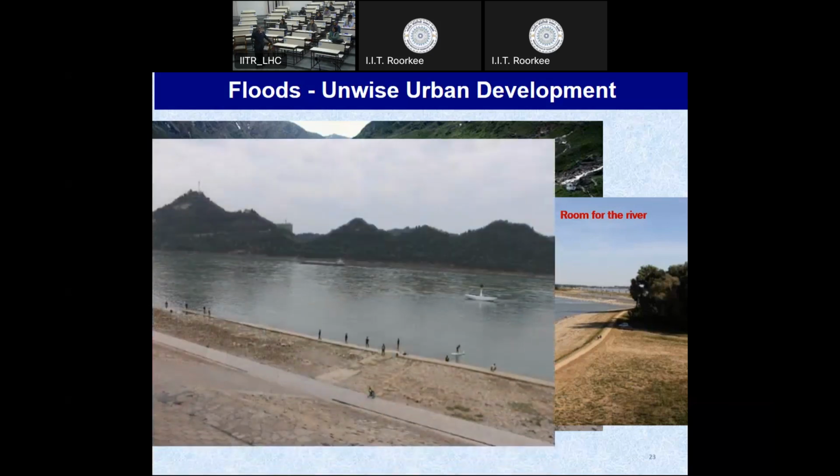This is a picture from China, the Yangtze River, near the city of Wuhan. You can see that on either side of the river, they have left what they call banks or floodplains. Nobody lives here. This is used by people for walking, for refreshing, for recreation, but no permanent structure is present. So during flood times, when the river water spills onto these floodplains, there is no damage. So damage because of high river flow can be controlled provided we have urban development which is in consonance with the nature. Okay.